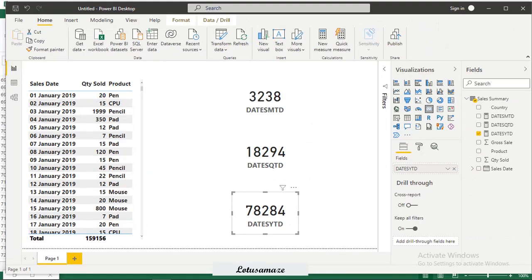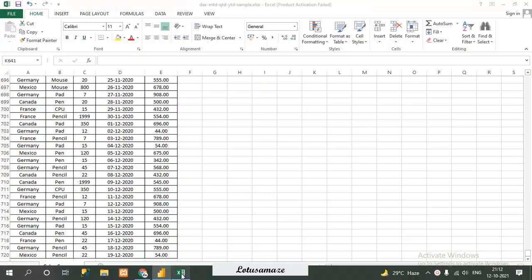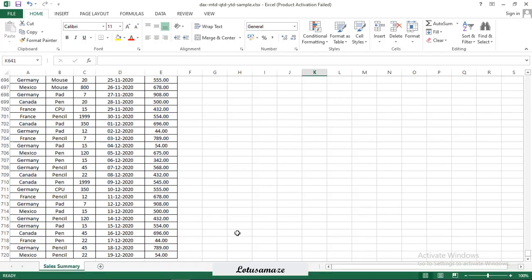First of all, we verify DATESMTD. Back on the Excel sheet, in the case of MTD, it will retrieve the dates from the latest month, December 2020, up to the last visible date, and the last visible date is the 19th December in the current year.